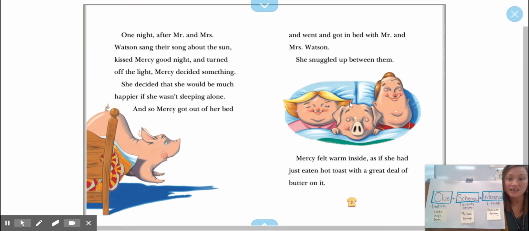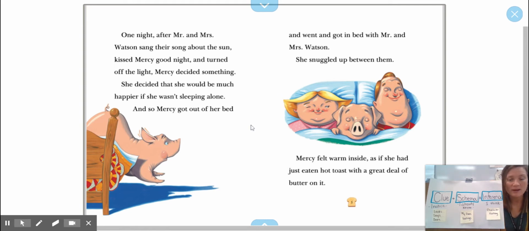So when I look at the picture right here, major clue, I see they all have a smile on their face. I also see that they're all cozy in a bed. I know that when I'm smiling, that usually means I'm pretty happy. And when I'm in bed, oh yeah, that usually means I'm happy and cozy. So just based on that picture, I think they might be feeling happy, right? I don't see any dialogue on this page. I looked real quick and don't see any quotation marks. So there's nothing that any of them say on this page, but there are some actions on this page.